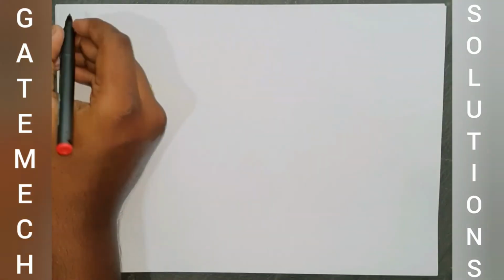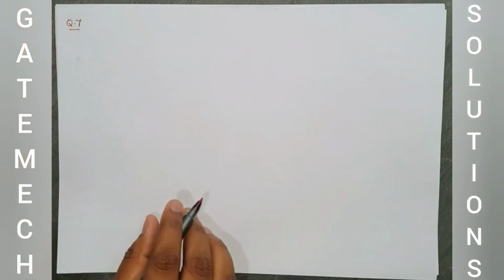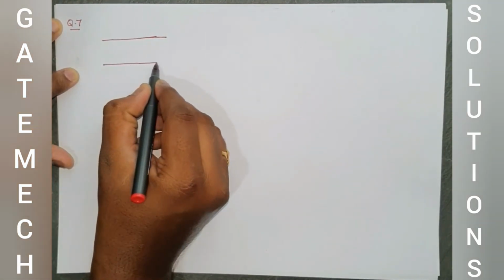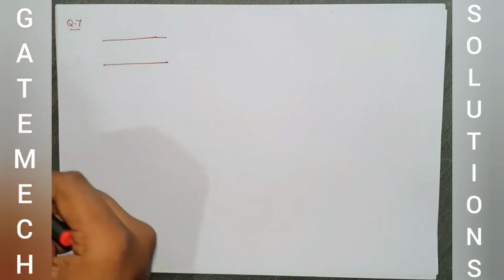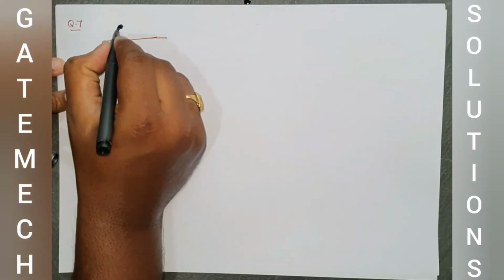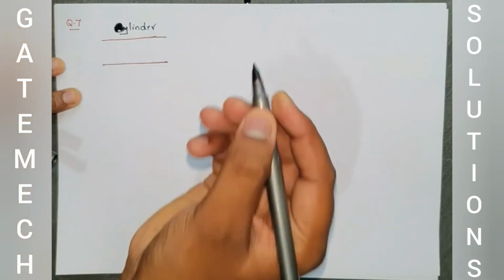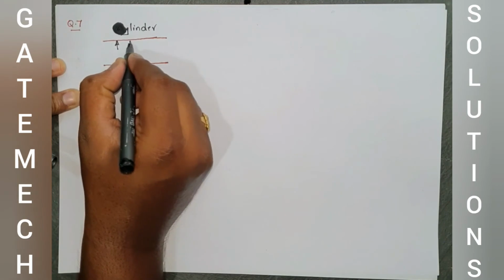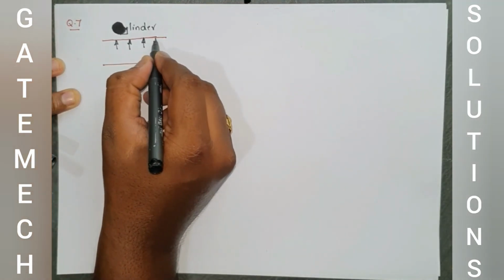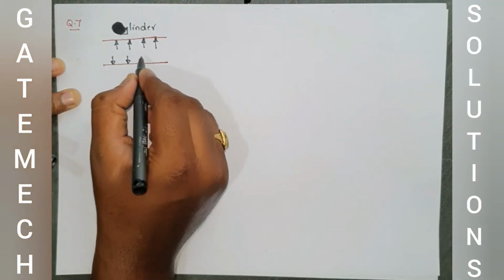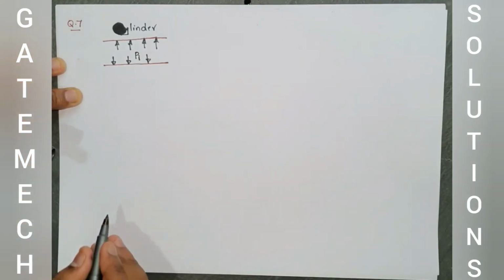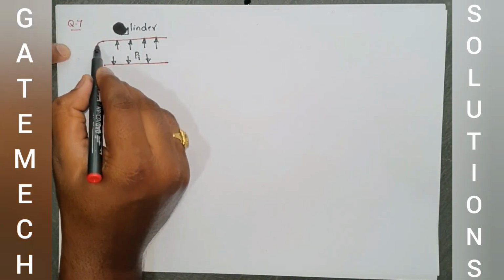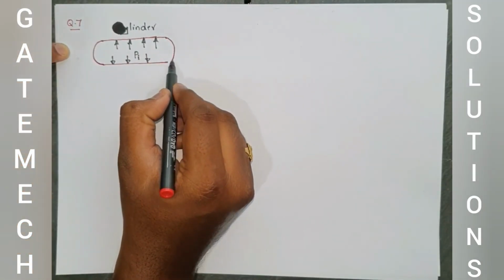Let us take question number 7. In question number 7, they have given one cylinder, and the cylinder contains a fluid which is under pressure, internal pressure, and the sides of the cylinder are closed by